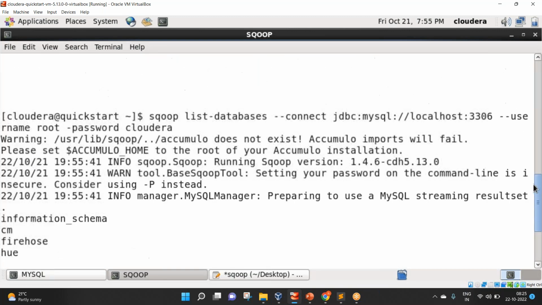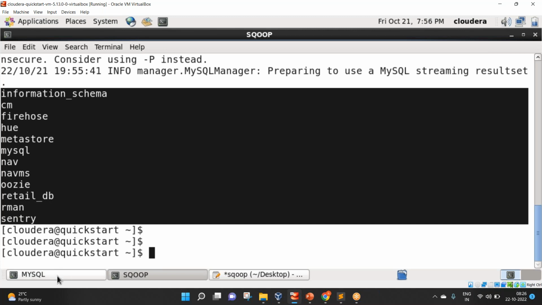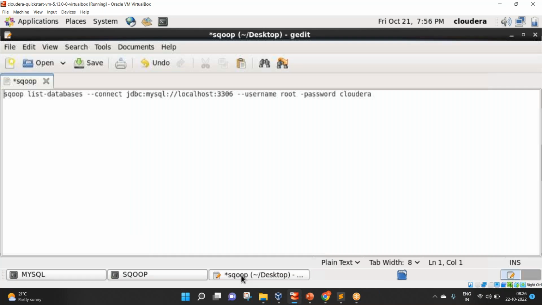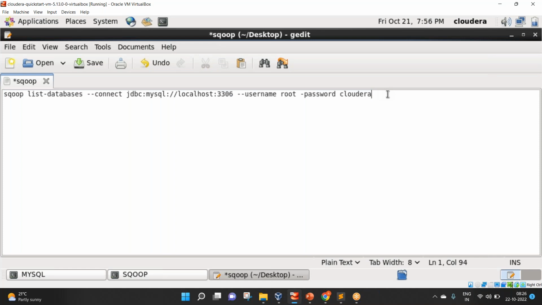Also you can see that you can ignore the first two lines in every Sqoop command. Then you can see that it is running Sqoop version 1.4.6. And then we got the output. This output is exactly the same as what you get when you say show databases. So now this command, I'm going to break down into multiple lines. So in Linux, to break down a given command into multiple lines,